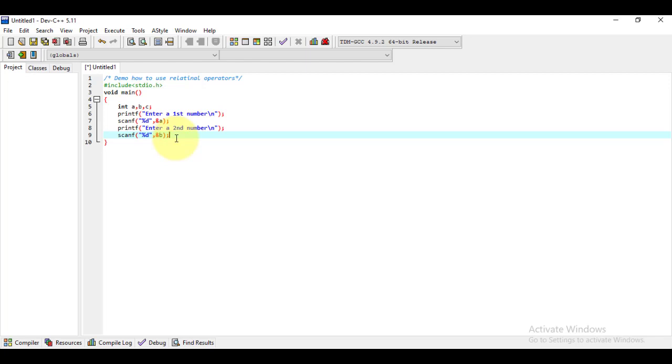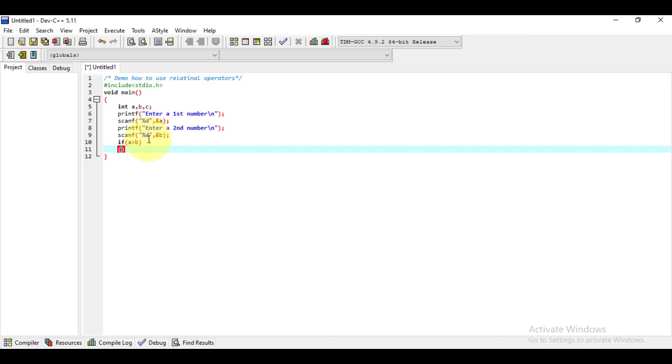So for that I have to use the relational operator. First, the relational operator we have read about is the greater than operator. So here I am using that, and I am using the if construct for that. What is the if construct? That we will learn in the coming video. Now here I have to put the relation between the variables. So A greater than B. Now I have set the condition over here, that is, if A greater than B.